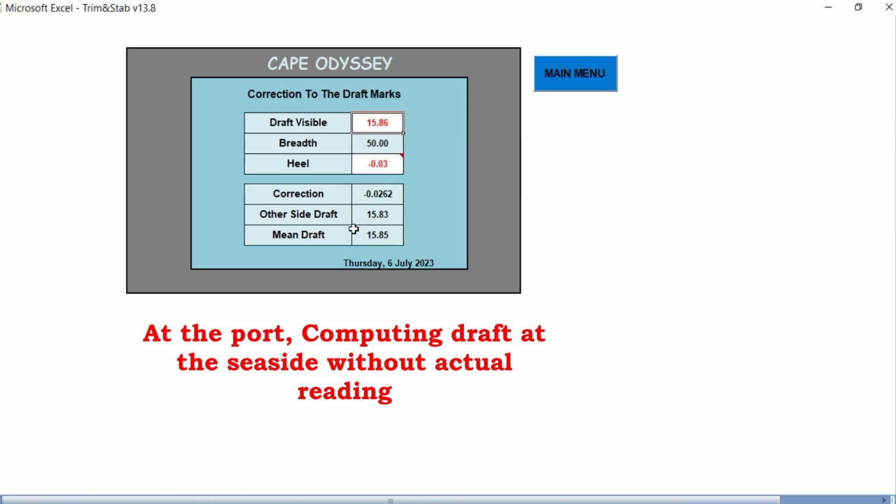This is, for example, in the land side, which you can read the draft when you're at port on this land side, you can read a draft, let's say, of 18.83. But on the seaside, you cannot read a draft because it's too high and you don't want to go on the pilot ladder to read a draft. So you just take the draft on the midship on the land side,